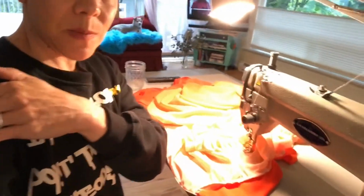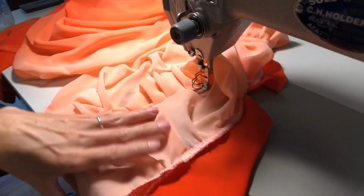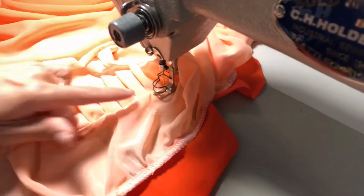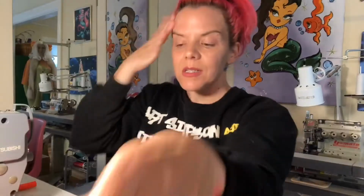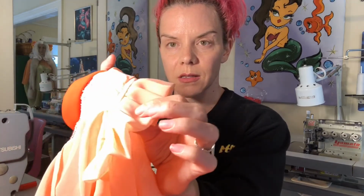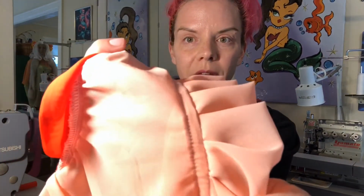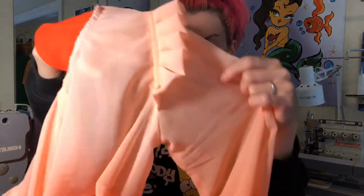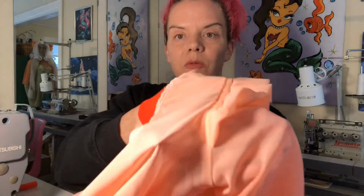To keep the ruffles going this way, I am stitching the inside seam towards the collar so that the ruffle faces out, and this will help keep the ruffle facing outwards instead of wanting to fold in. So that you can see what I've done, here's the front of the dress, and this was a top stitch. I don't know if that's really blown out. So I've just top stitched with a similar color thread, the ruffles going outwards, and that should help that. And I've only gone from where I've sewn the ruffle